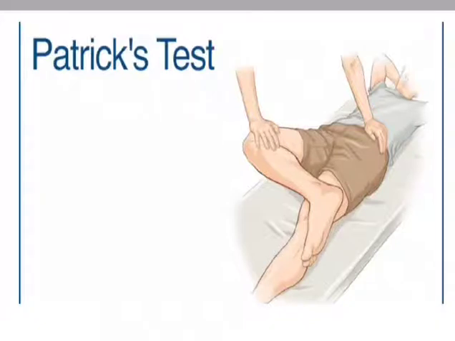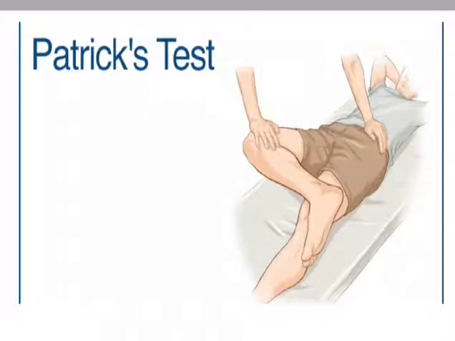Then the examiner slowly lowers the knee of the test leg toward the table. The knee is flexed like a figure 4. You can see in the picture. If the test is negative, the affected leg lowers to the table or parallel. If the test is positive, the test leg stays above the opposite leg, which indicates iliopsoas spasm or SI dysfunction,